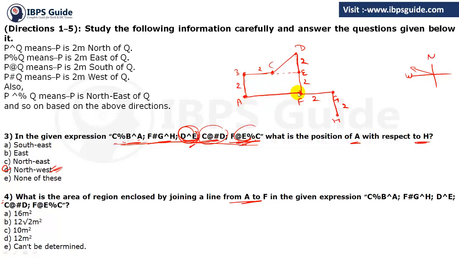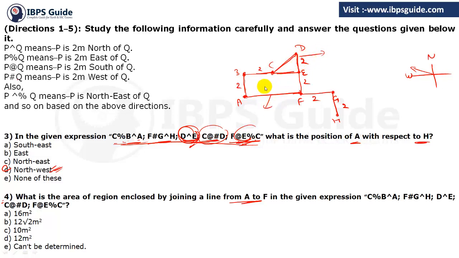So we have to join this line AF. So we have to find out now this total area, from A, B, C, D, F and this one. Okay, we have to find this total area. So to find this whole area, we have to divide it into 2 different areas. That is this right angle triangle, and we have to find the area of this one and the area of this rectangle.